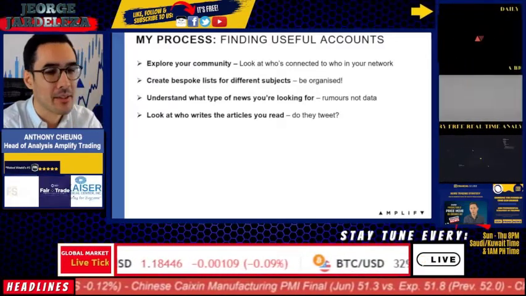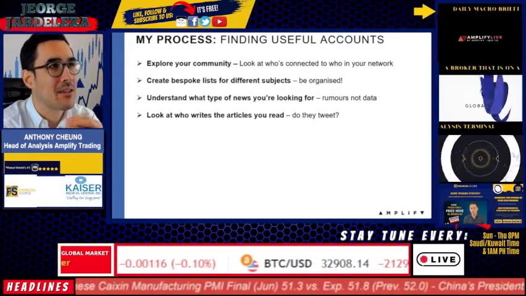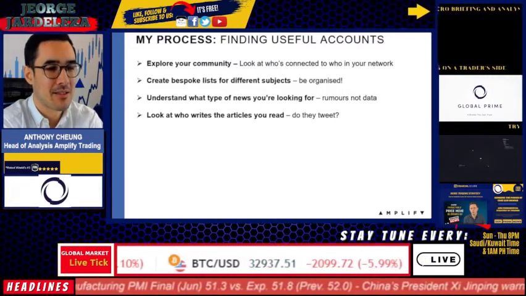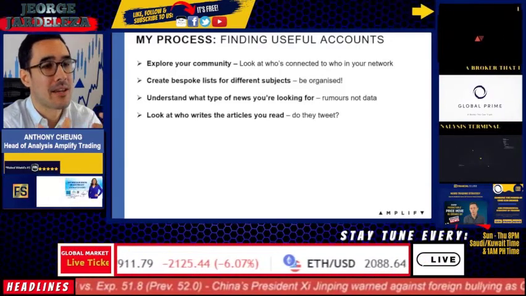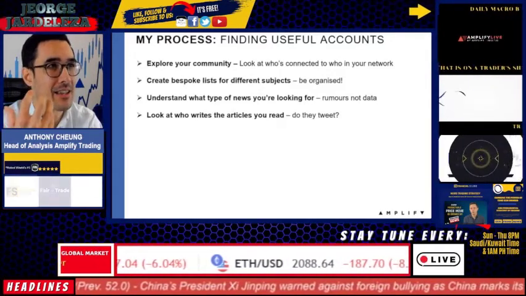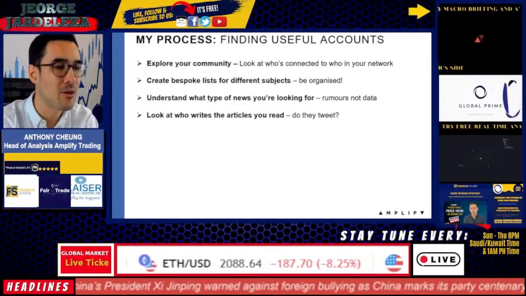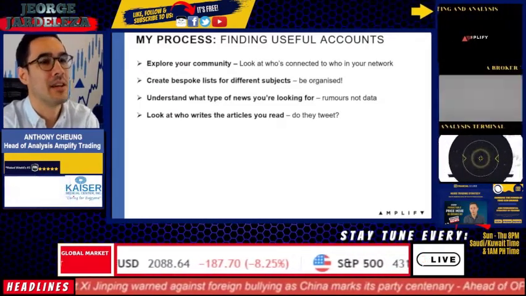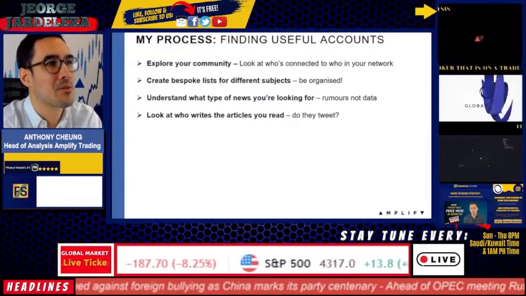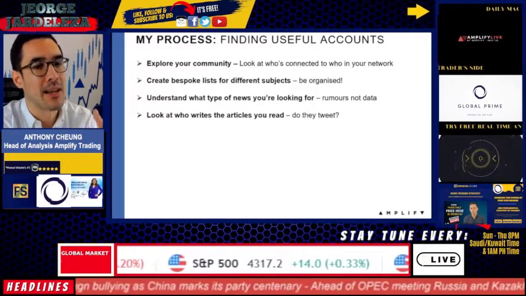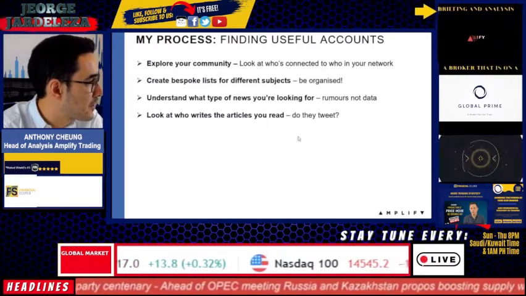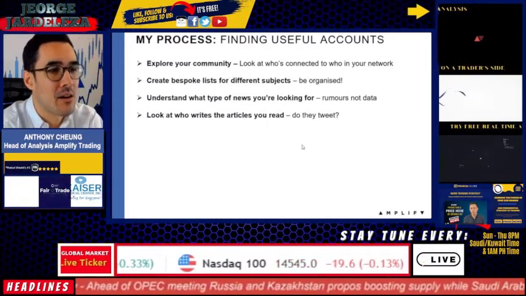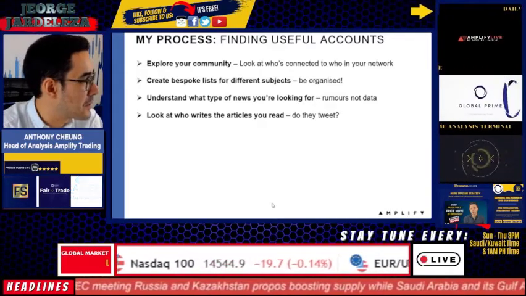So get in a habit of opening your mind to capturing this information. People used to pay me a lot of money in my previous job as clients for me to think like this. I'm constantly thinking of how can I get information and how can I get it as quickly as possible, and how can I be more informed, and how can I keep my clients more informed or the traders more informed. So every time you read something, ask yourself that question: who is writing this piece, and do they tweet? Are they worth following?